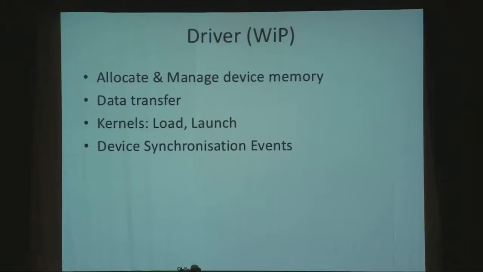So, the driver's still a work in progress. I'm working off what John Colvin did last year with his CL wrap, but I've also got to implement that for CUDA as well. So the driver handles all of the API interactions, which are the stuff that you don't want to have to do by hand because it's all really tedious. And it's heavily redundant from the vantage point of D, because we only want to write boilerplate once, right? So the way we go about doing that is ideally we want something that looks like this, right?